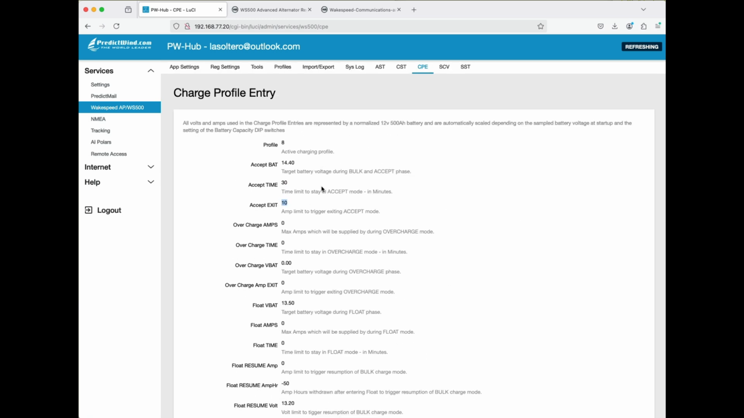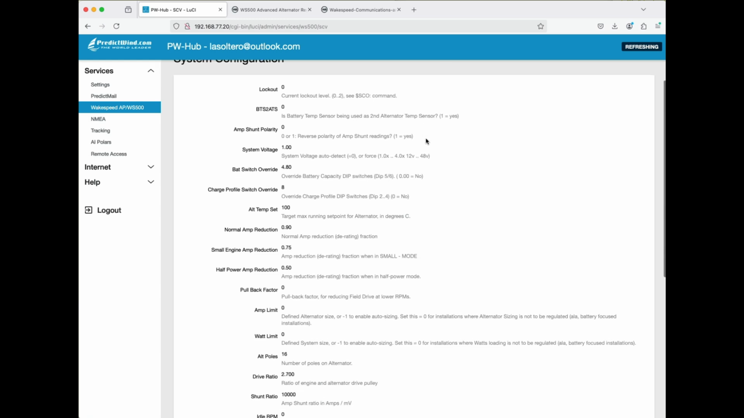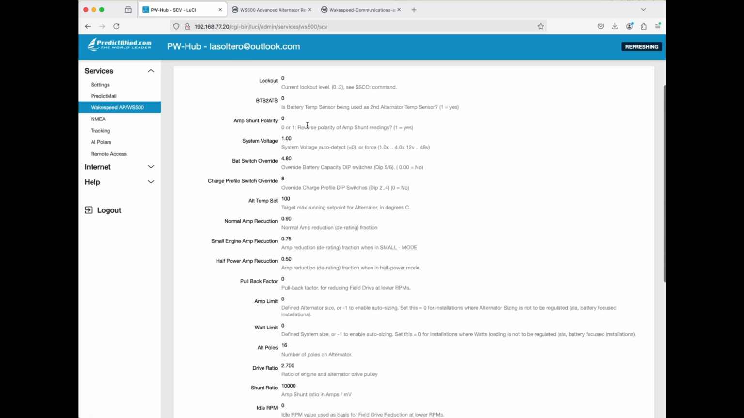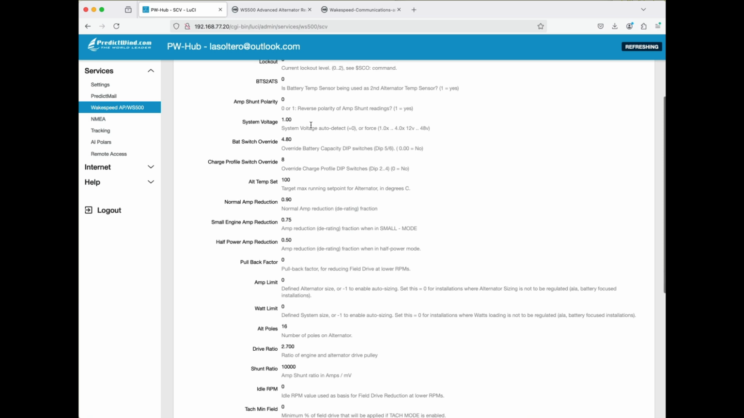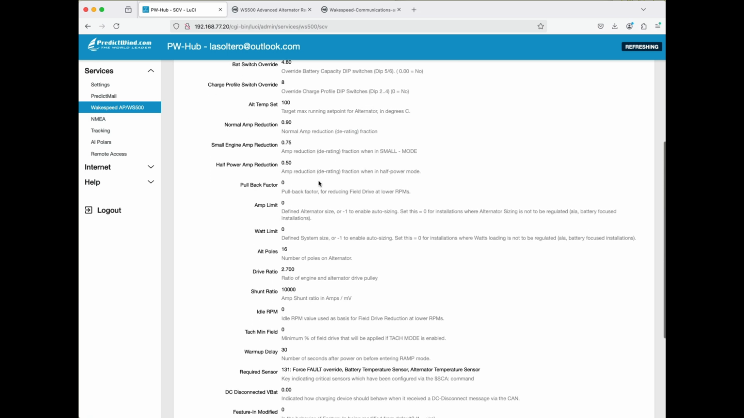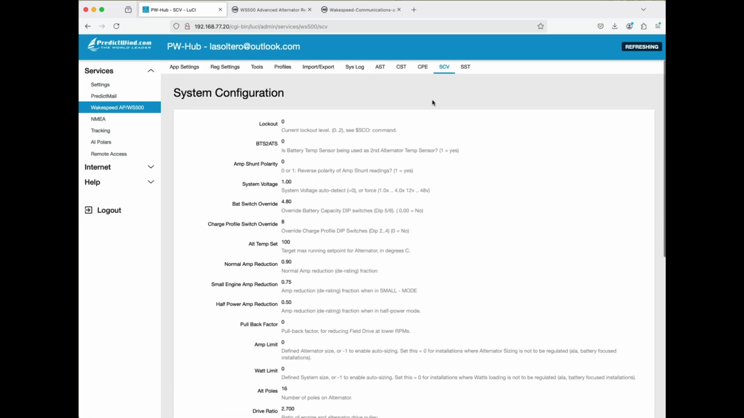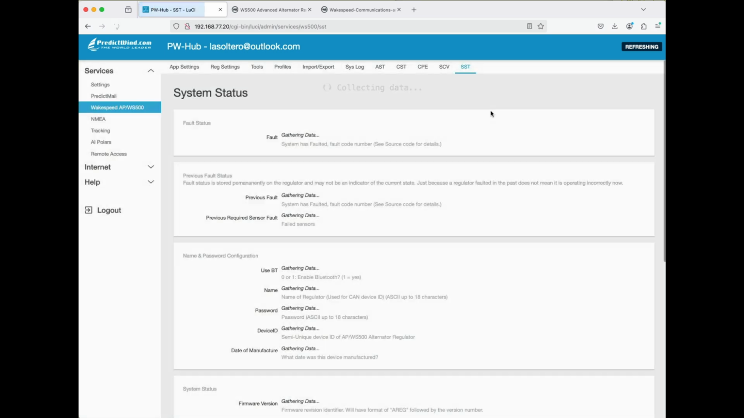So this is again status. We will be modifying the charge profile, and I'll show you how to program that and set these values. SCV corresponds to the system configuration. Again, do we have a shunt and what is the polarity of the shunt? Whether this is a 12-volt system or 24-volt system, and basic status information on the regulator. And then the SST is the system status